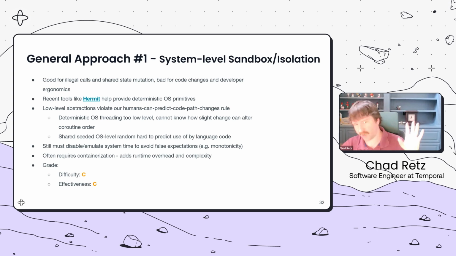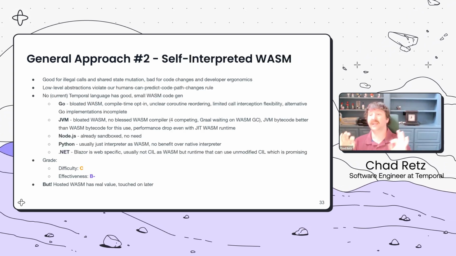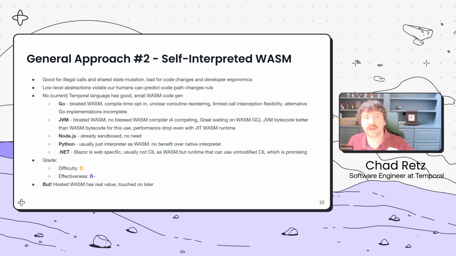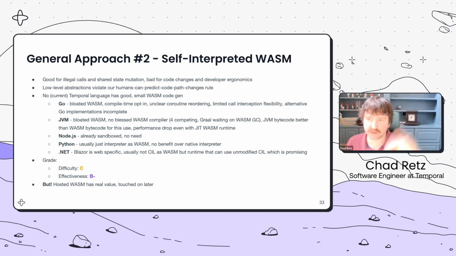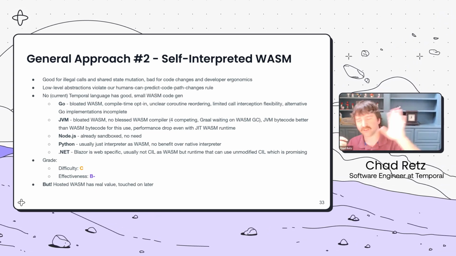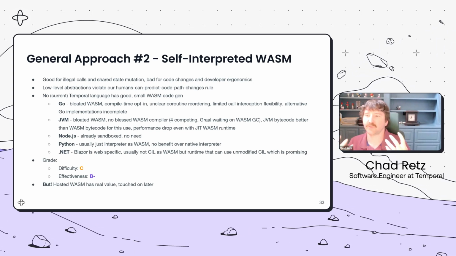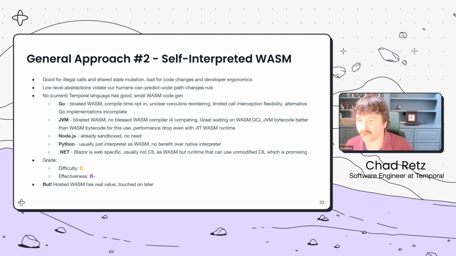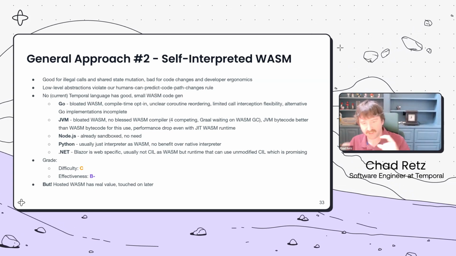Another thing that everybody asks for is, why not WASM, right? And WebAssembly is deterministic. Yes, very much so. The problem that WASM has, at least self-hosted inside of these languages, and we'll get to hosted in a minute, and I'm not going to cover each language's annoyance here. We'll have the slides available after the talk. But basically what happens is most of these runtimes, when they're compiled to WASM or run in WASM as interpreters for their code, like .NET and Python do,